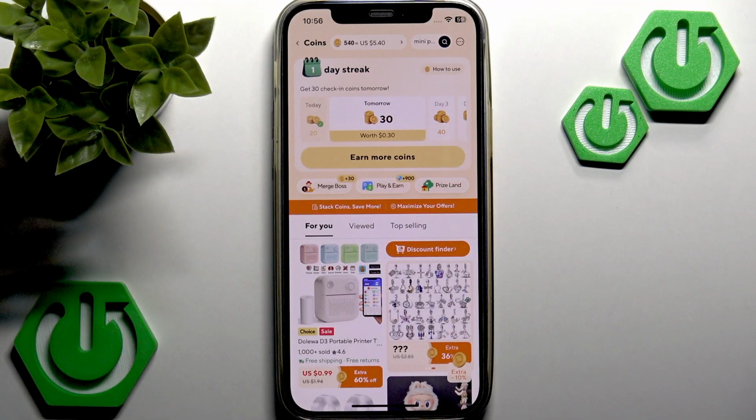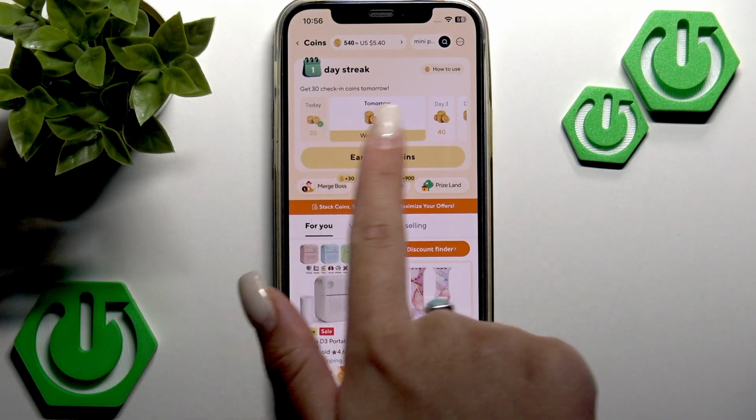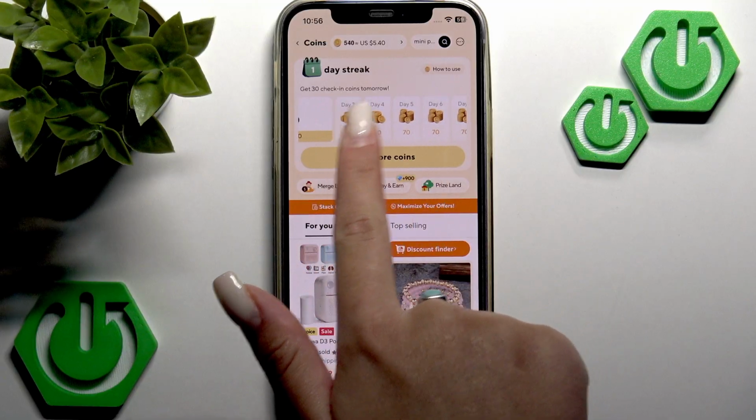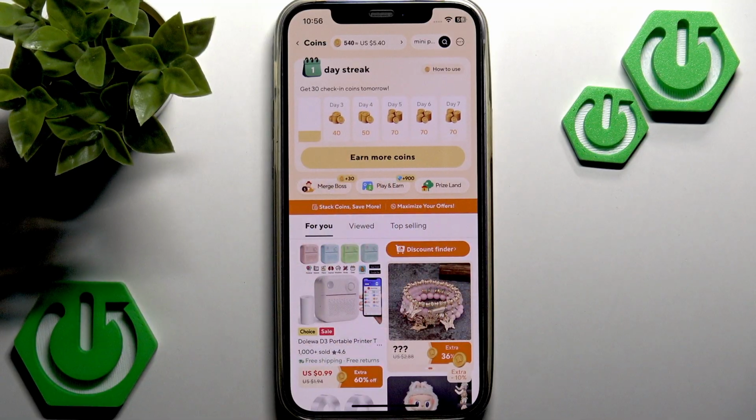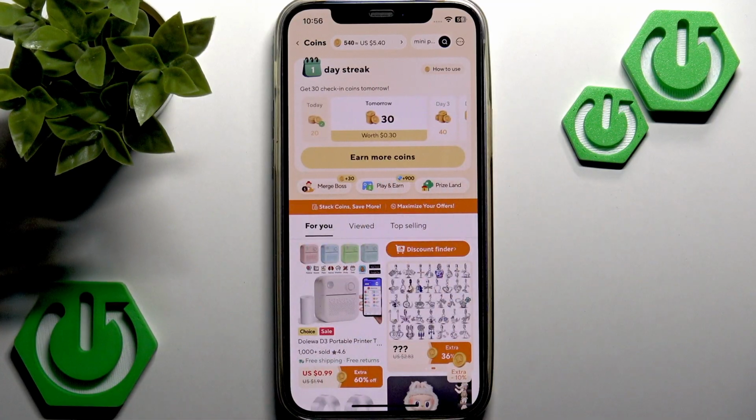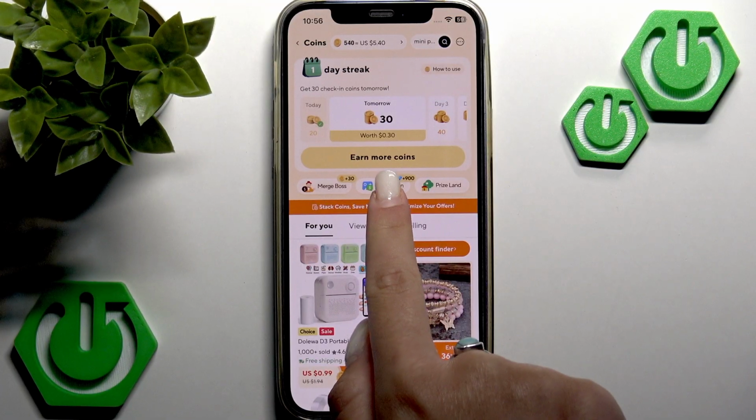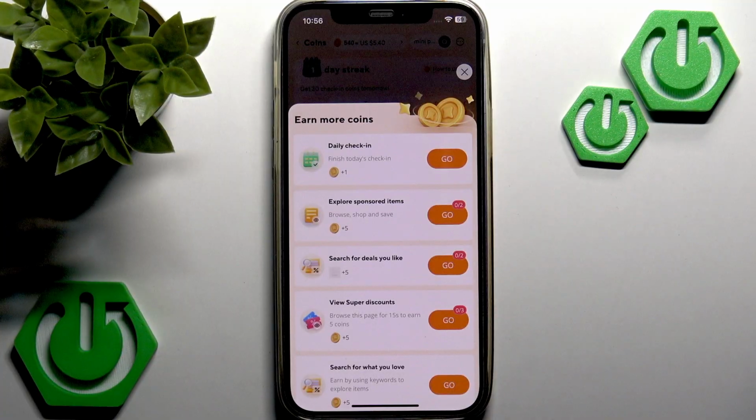So today I have already checked in to my coins page and I received my 20 coins. Tomorrow I will get 30, and as you can see, each day the number of coins will even increase. So finally, when you have checked in, you should look for option earn more coins, that is here. So press it and this will show you